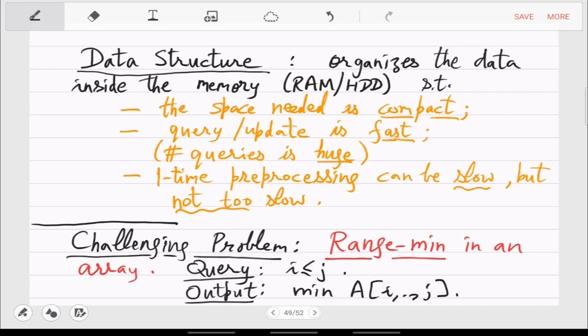So we looked at some brute force solutions. If you want the query time to be order 1, what was the brute force solution? Then you have to just pre-calculate everything, pre-process and store in a matrix, which is a 2D array. And that has huge problems because the space you are asking is n squared. For n equal to 1 billion, this becomes 10 raised to 18.